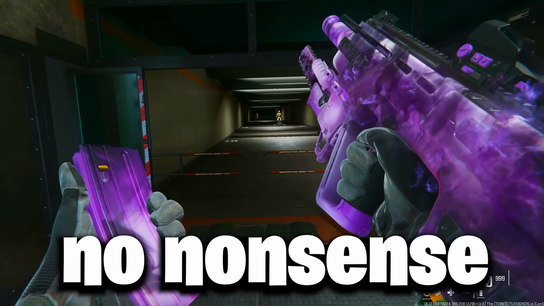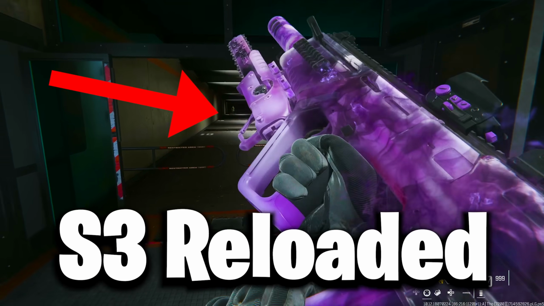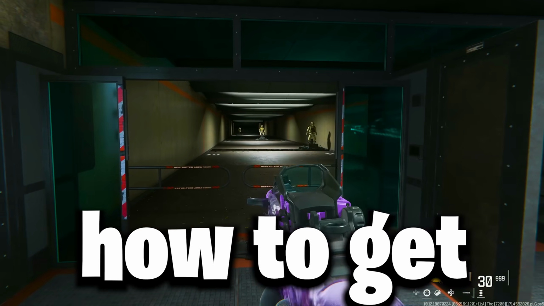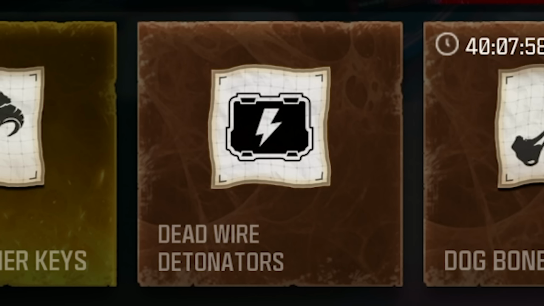Hi guys, this is a no-nonsense guide for you to get the new secret zombies-only blueprint from the Season 3 Reloaded Easter egg, and how to get all of the new schematics. So if you're looking for the Sergeant's Beret, the Golden Mask Filter, or the Dead Wire Detonator schematic, this is